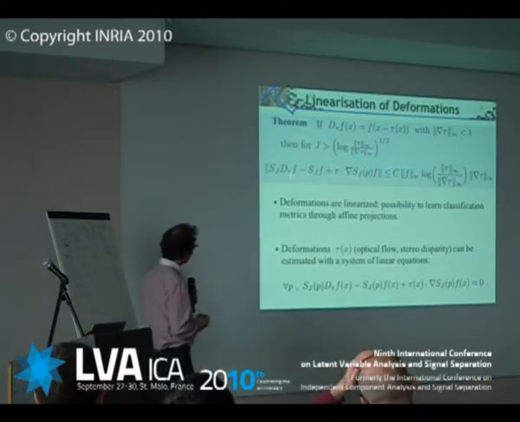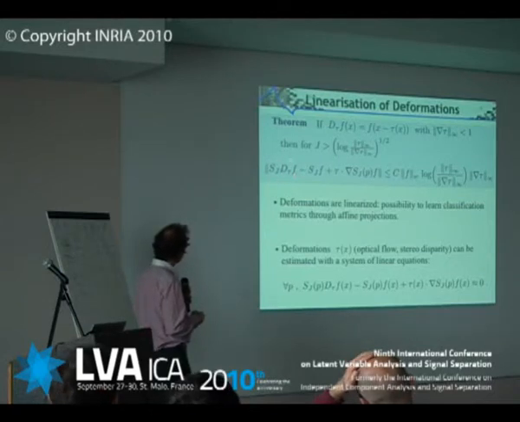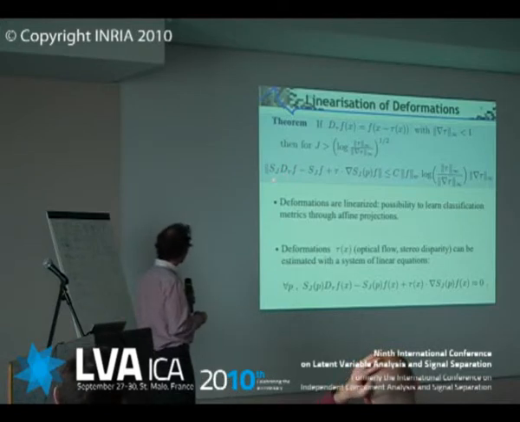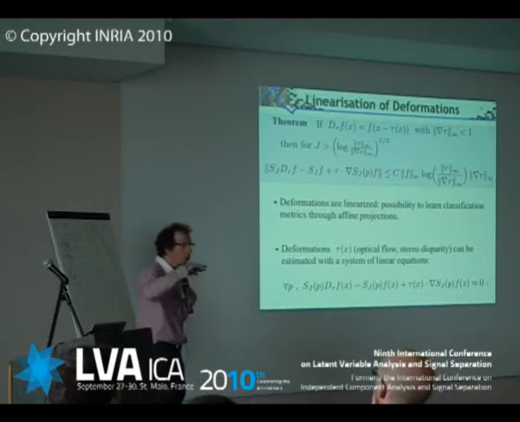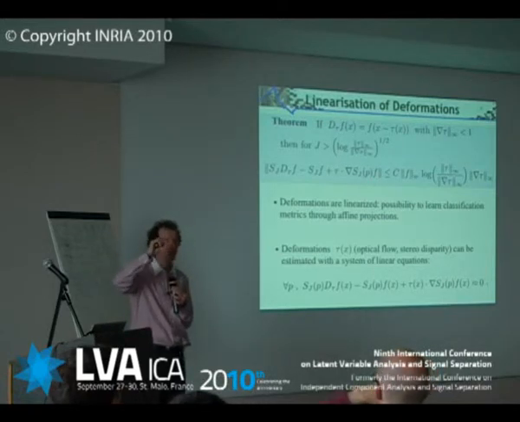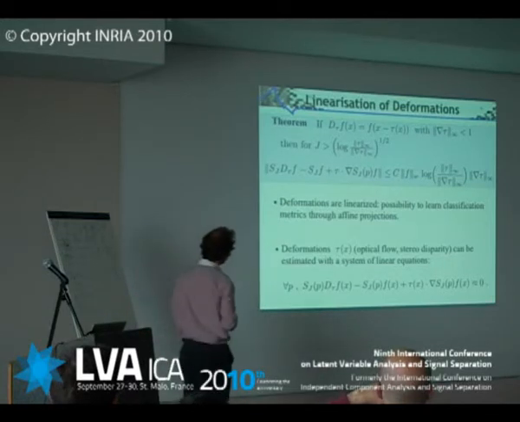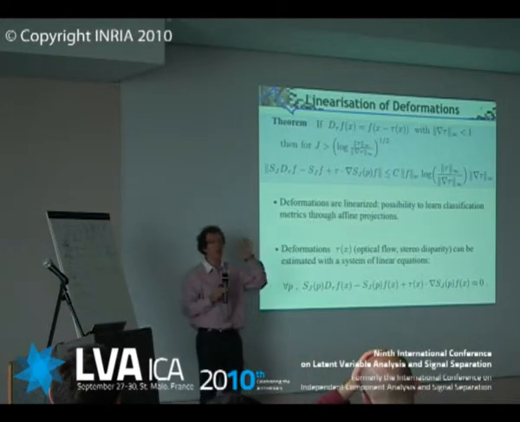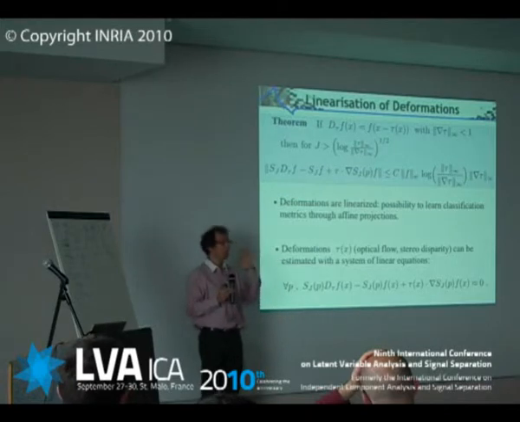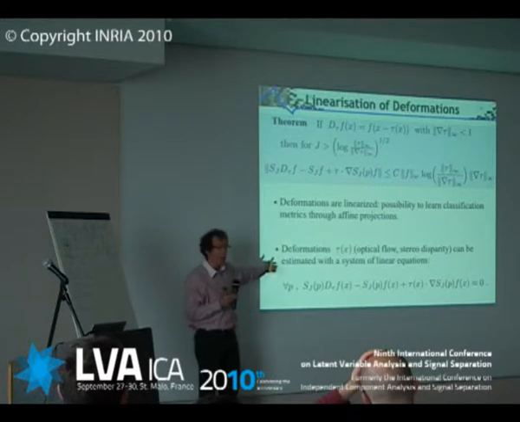What is this result telling you? Basically, it tells you that locally the deformed signal transformed looks like the deformed signal plus a linear term. So locally, the deformation in the transformed space is linear. So there are two consequences. The first one is that we will be able to do classification with a linear algorithm. We will be able to do classification with PCA, basically. The second thing is that now you can identify tau.